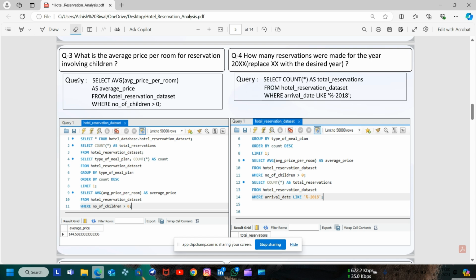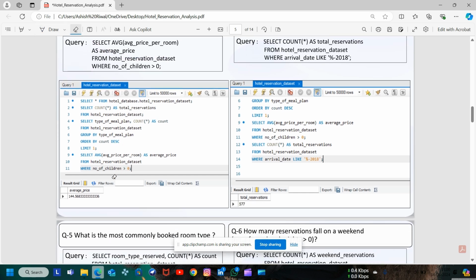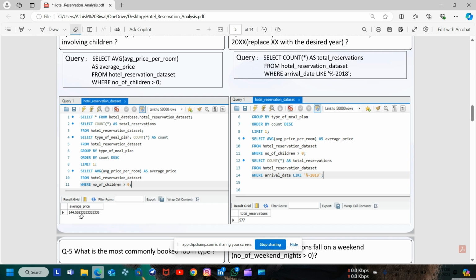So we will use the select query again. We will select the average price per room as average price from hotel reservation dataset, and the condition is where the number of children is greater than 0. Okay, so by executing this query, we will find that overall 144.5, maybe thousand, maybe rupees, whatever. So 144.56 is the average price per room